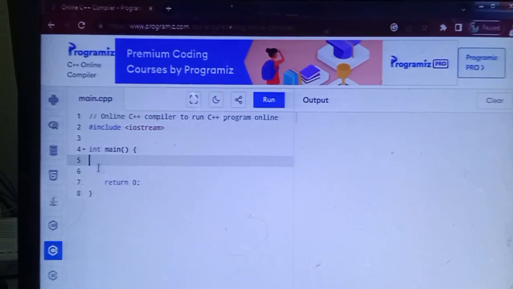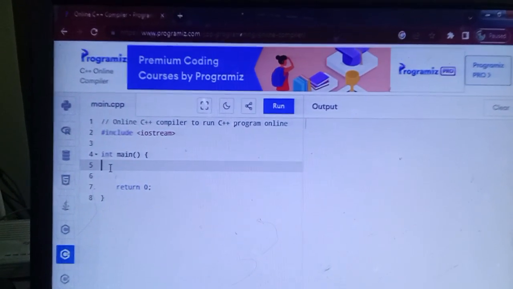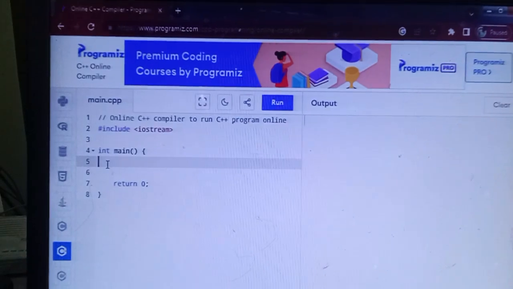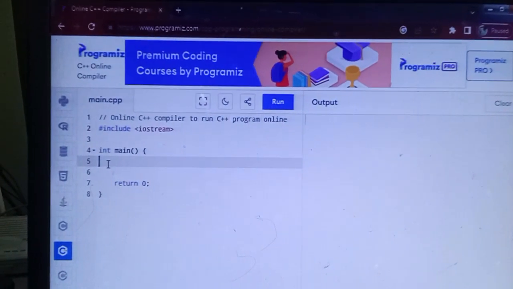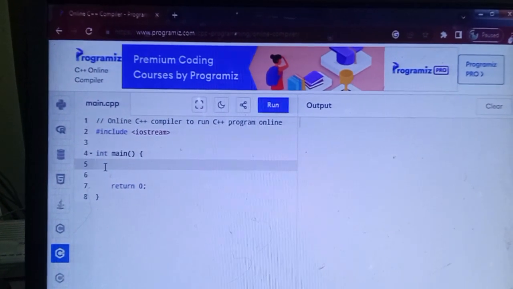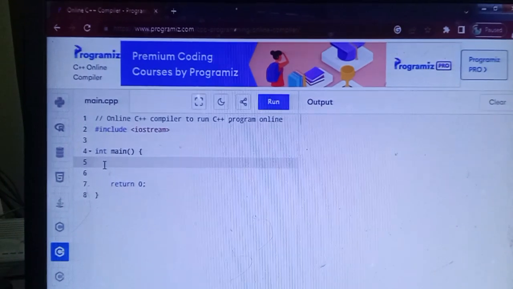First, I am declaring and defining a string variable.